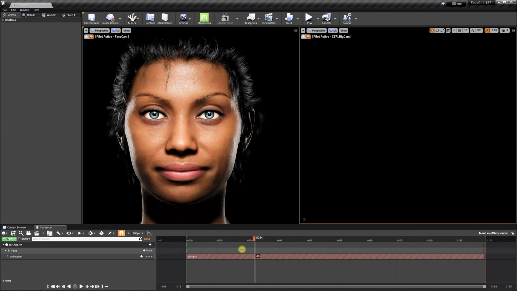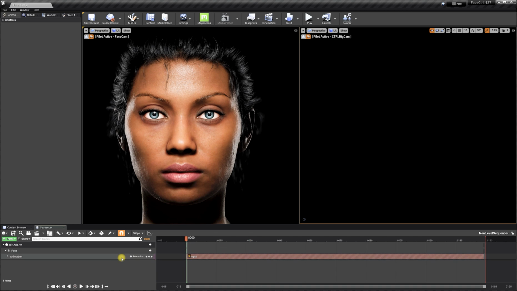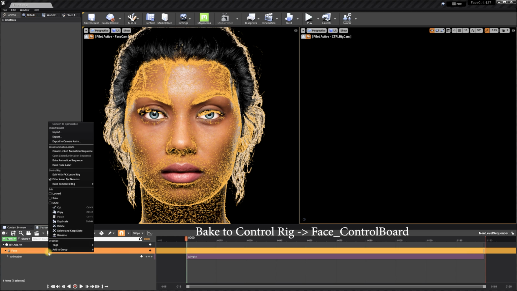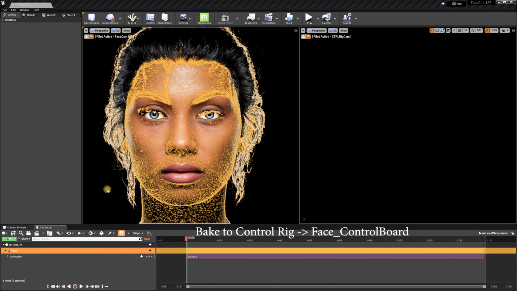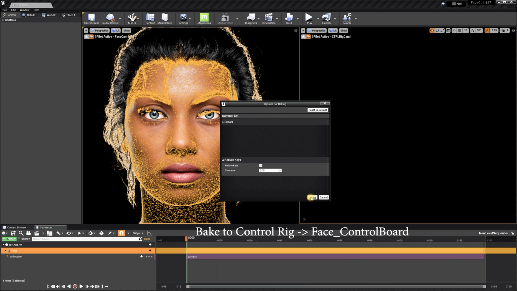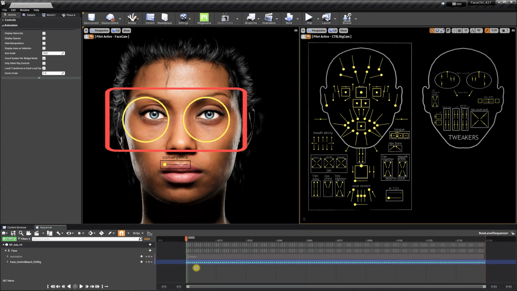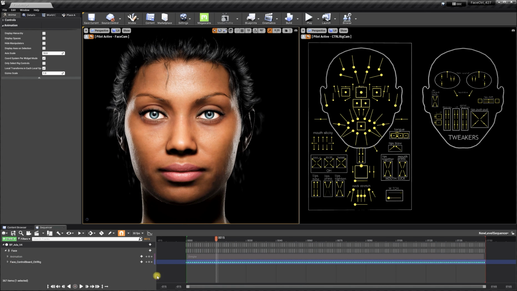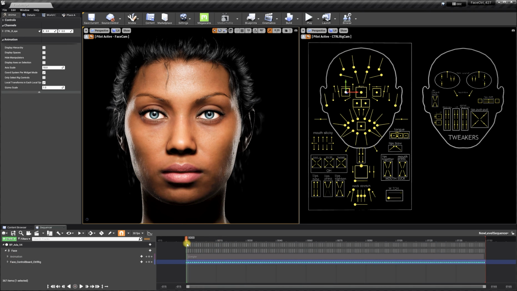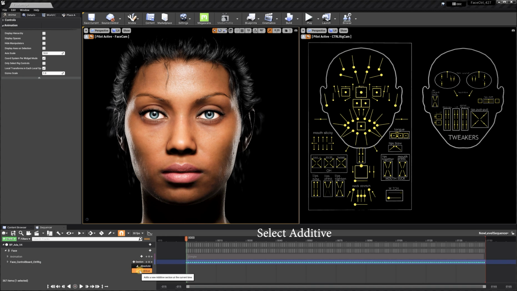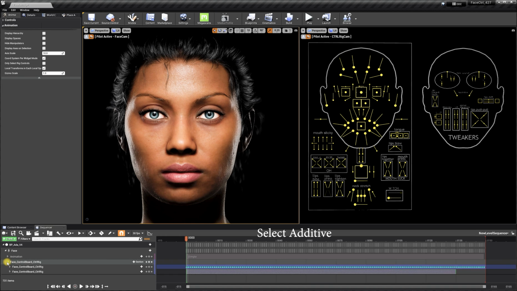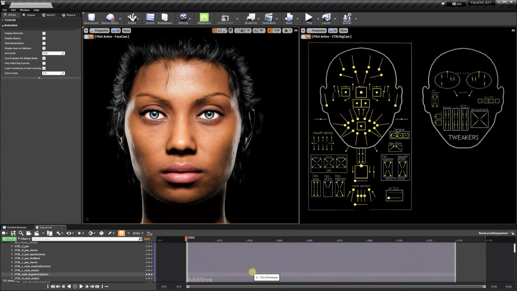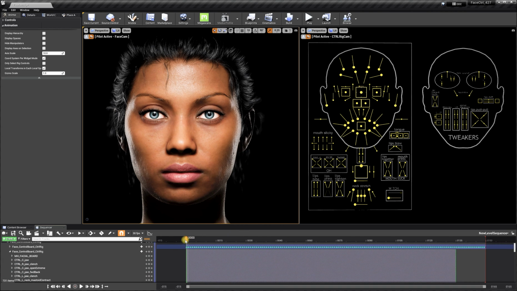Now, let's say you're working with mocap data. What you can do is you can select the face and then bake to control rig to access the control rig that way. And now we have the animation baked into all of these keys that we can either delete, or if we want to add on top of this, then we can go ahead and create an additive section. And if I drop this down, we now have this additive section where we can add keys on top of